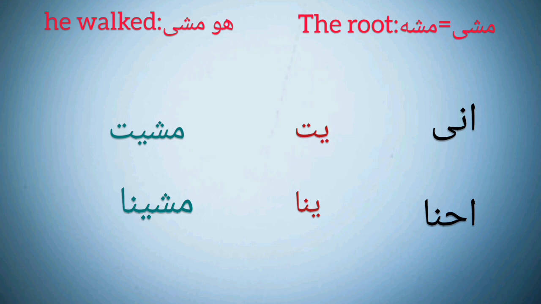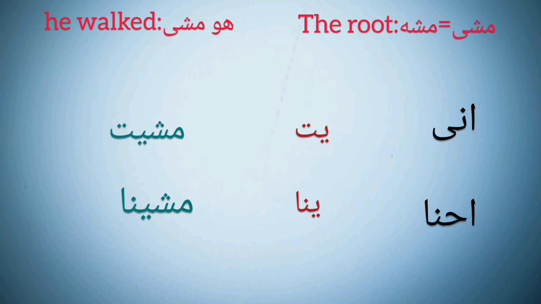For example, there's an Arabic song: صدفة رحت صدفة جينا. صدفة رحت, accidentally we went, and صدفة جينا, accidentally we came. Accidentally or suddenly we came. As you see, جينا is of this type of root.